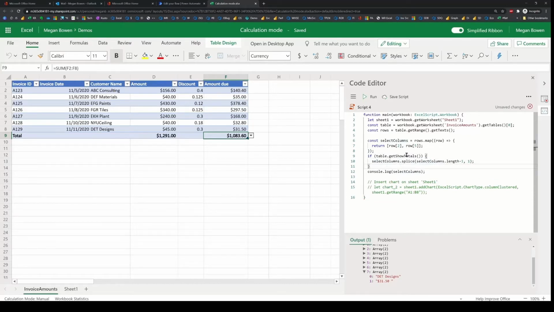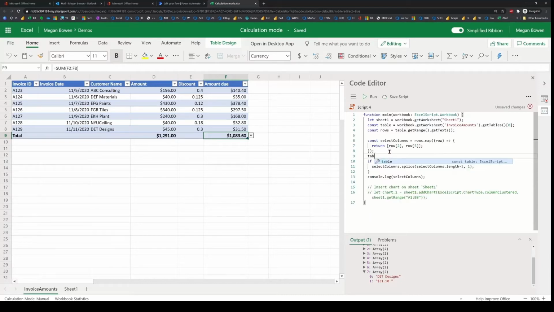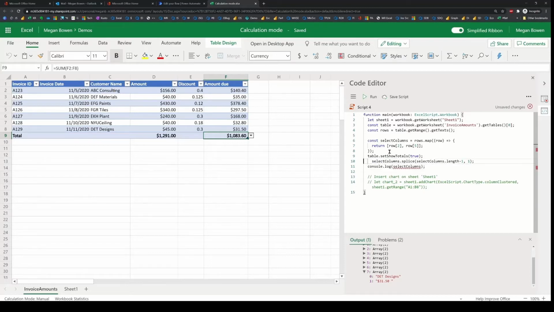The second way to do it is to always ensure that there is a totals row, and always splice it. You can do that by setting the table's show totals to always be true. And then you don't need to do the condition. You can just remove the last row, knowing that there's always going to be a totals row. So one of the two approaches will work. Okay, so now I've applied the logic that I need